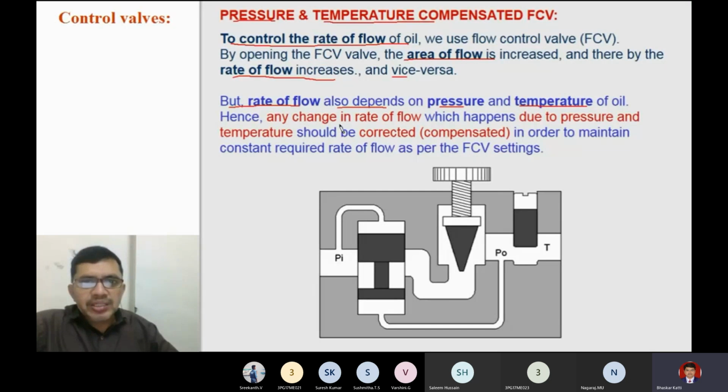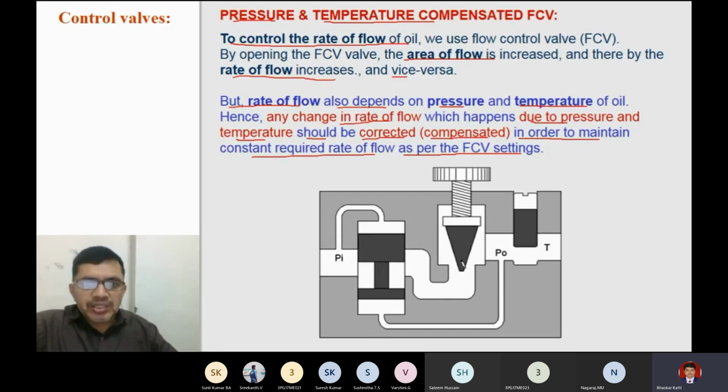Hence, any change in the rate of flow which happens due to pressure and temperature variations should be corrected or compensated in order to maintain the required constant flow rate as per the flow control valve settings. That means if we set the flow control valve for a flow of say 5 liters per minute, there will be a flow rate of 5 liters per minute.